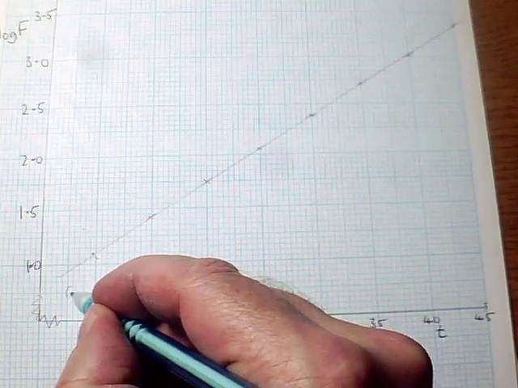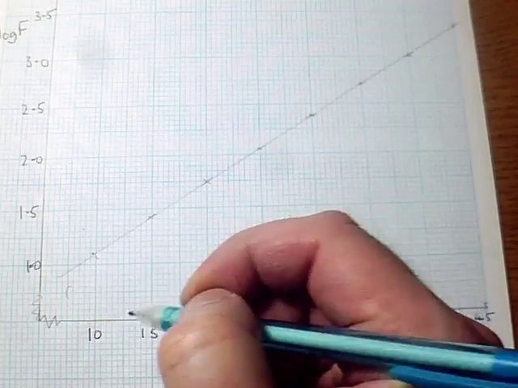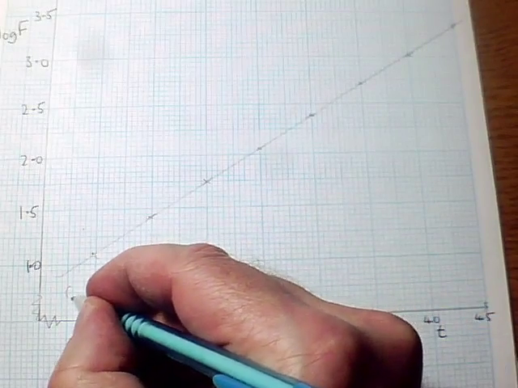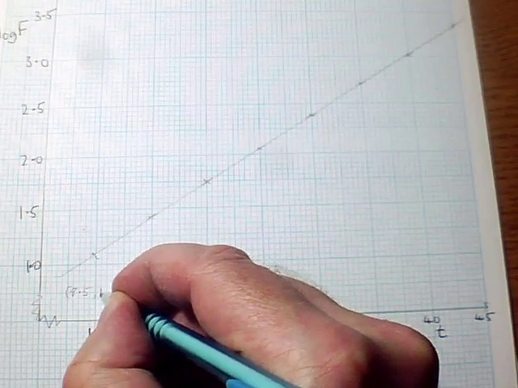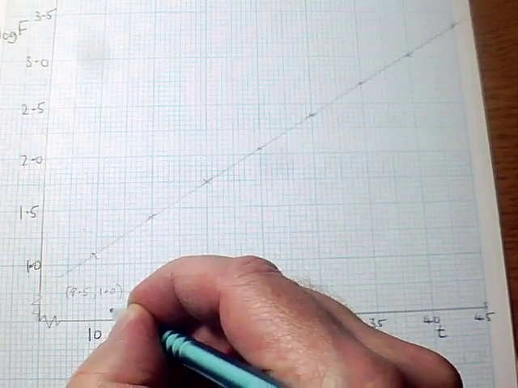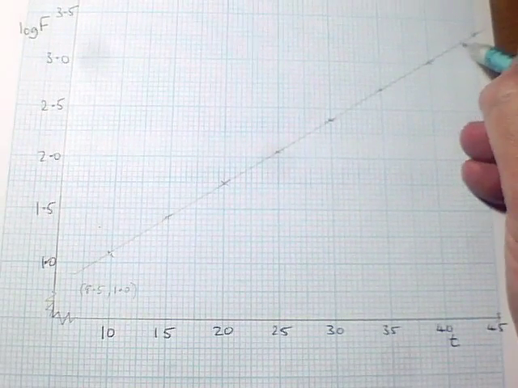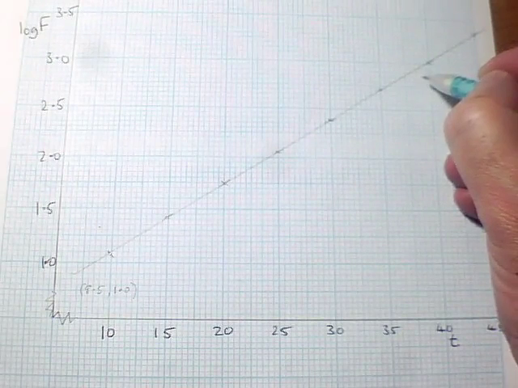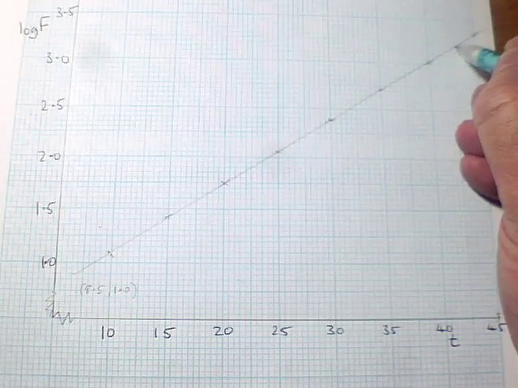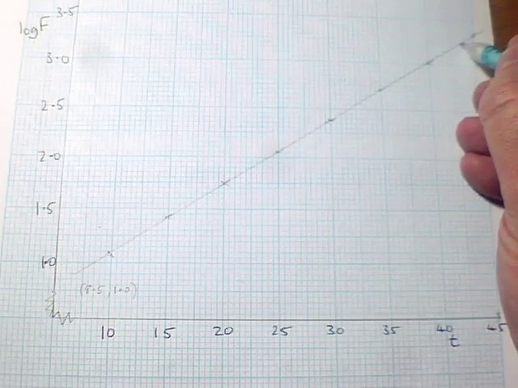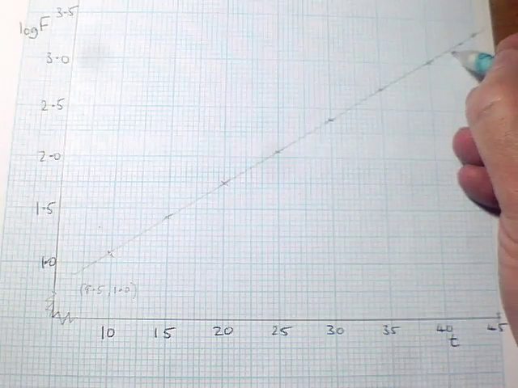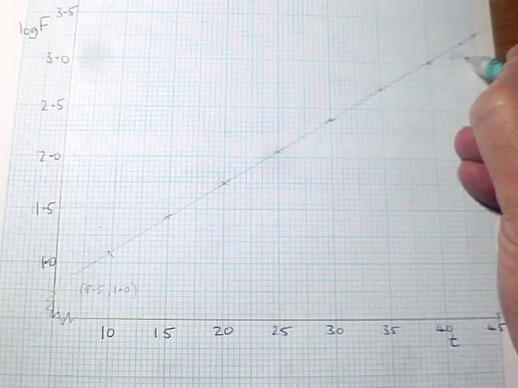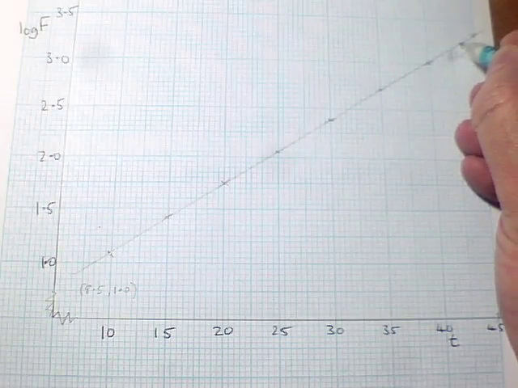So I think I can read here, there's a point with coordinates, what would that be? Below 10. That would be 8.5 for my x coordinate with a y coordinate of 1.0. Okay, and towards this end of the line I can find, I'll be looking for one where it goes through a fairly exact grid point. That's not too bad there. So that is 43.5 for x, with a y coordinate of